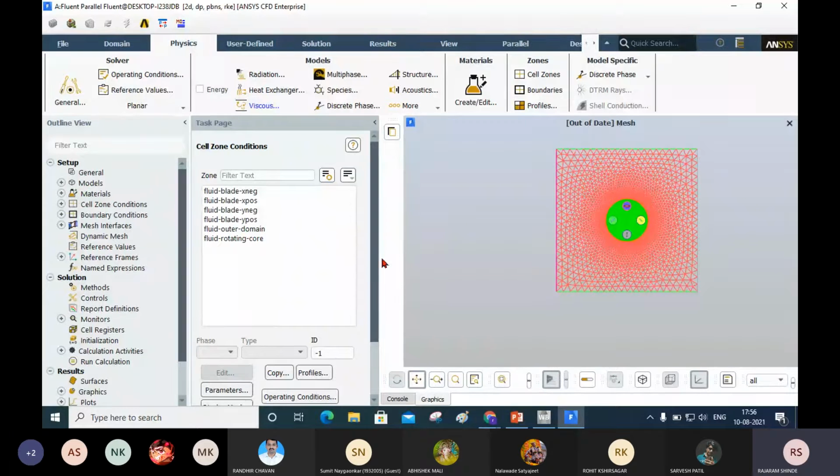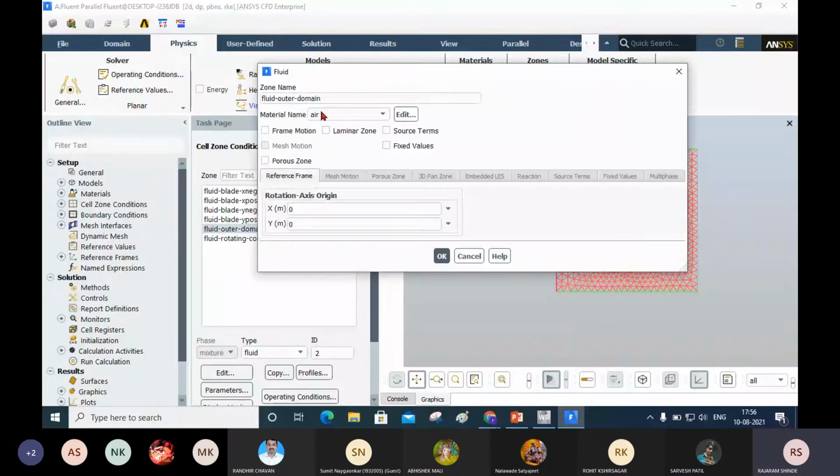Here it will take default air, but we'll check by clicking the edit button. Now you see here it is air, and the rotation axis is not necessary to change.